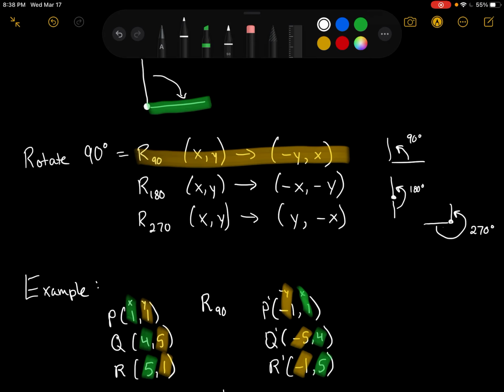All right, so hopefully this makes sense for us. I would say the biggest thing for rotations is have this table of the 3 things that we do for rotations copied down. And as long as you have that down and you are doing those